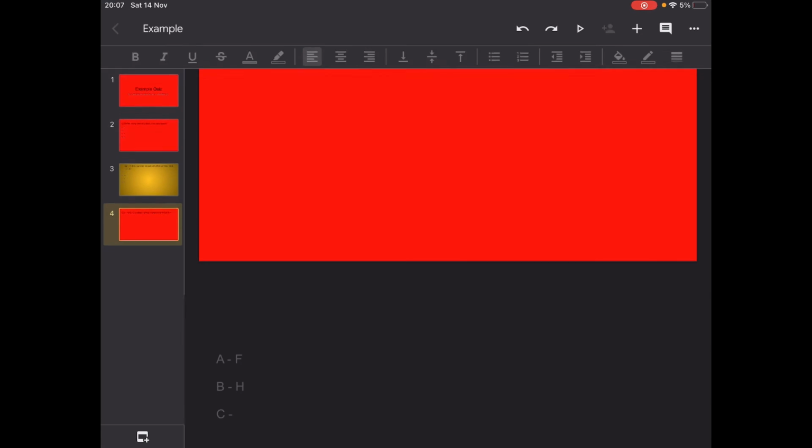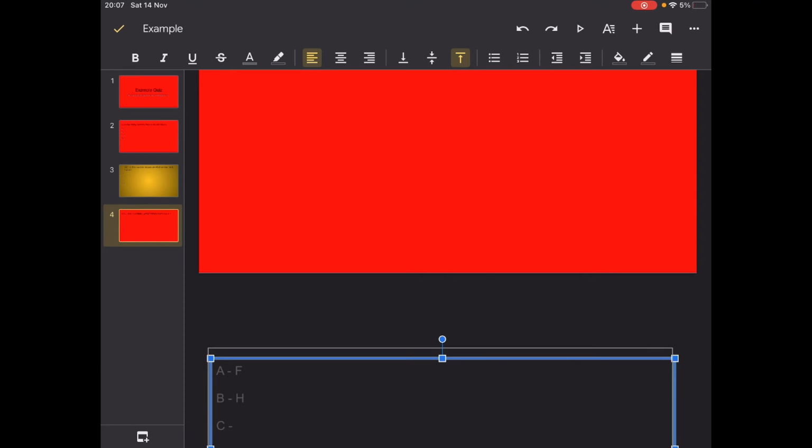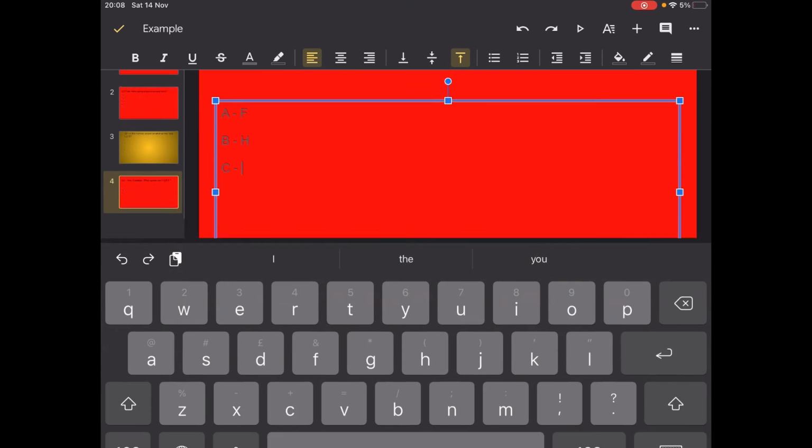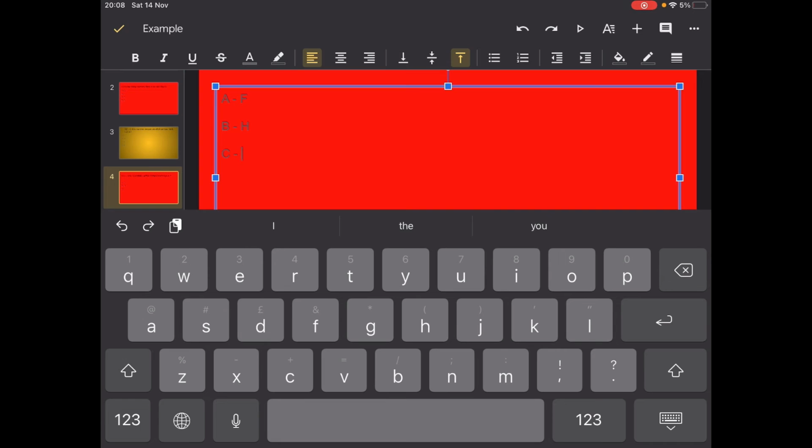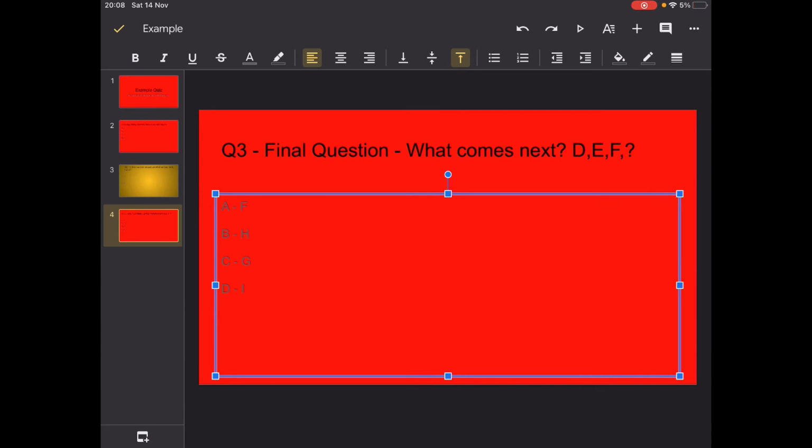Oh no. So what we want to put there is C. You can put G, I, D, I. So E, F, G. Yeah. Okay, so now